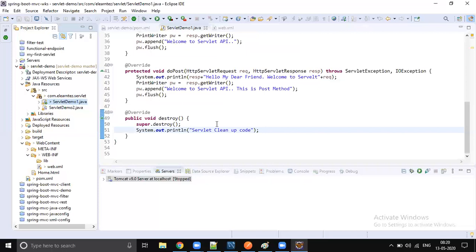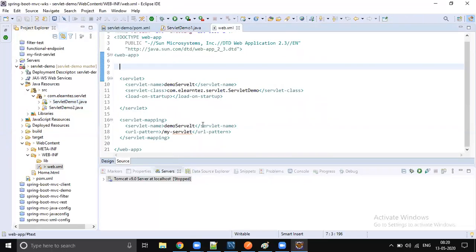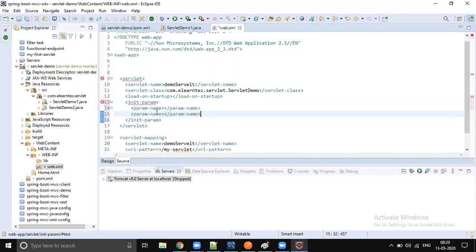Okay, so first let's go to web.xml file. Here let me add init parameter, right? Init param, param name, param value. Second param value.